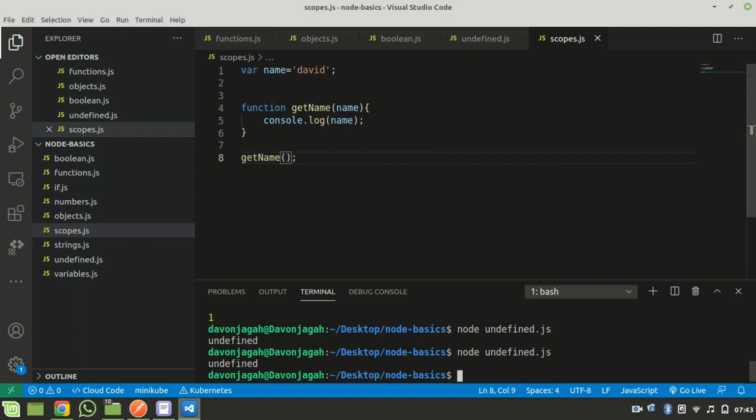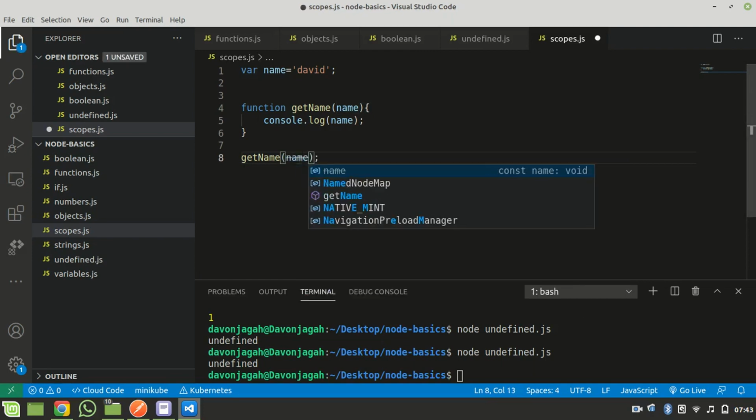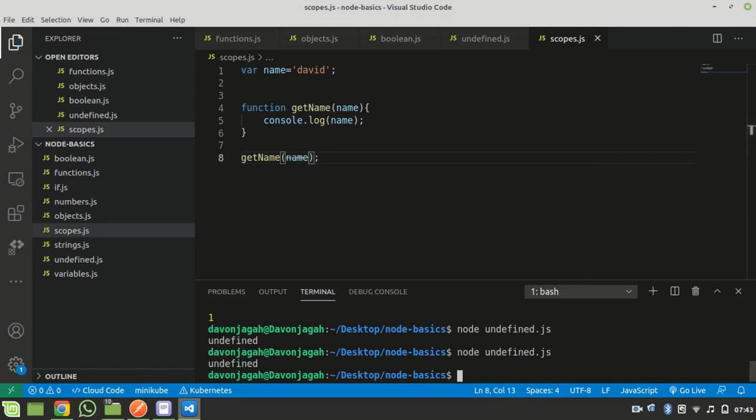So console.log name is undefined, meanwhile we've declared name to be David here. What this shows you is that inside a function, it expects its own name first and it cannot use the one up here. So if you want to use this one, you pass it when you are calling the function, and then you can use name. Now if you save this and you run this,